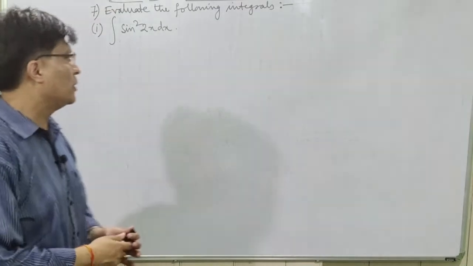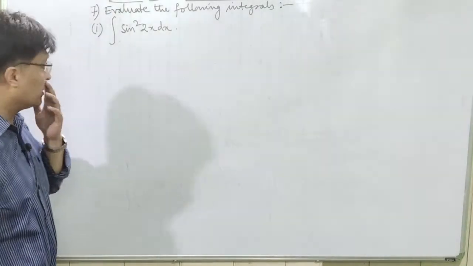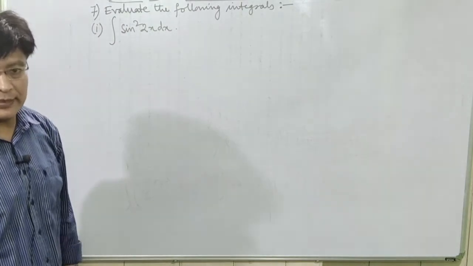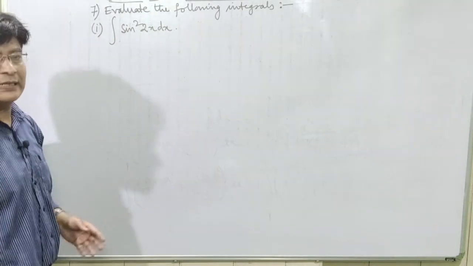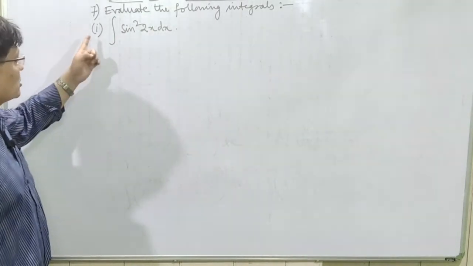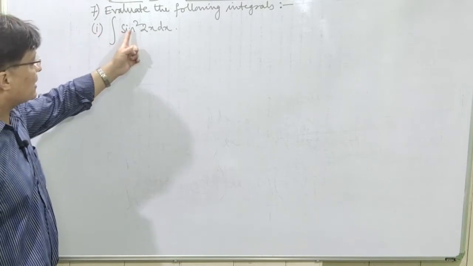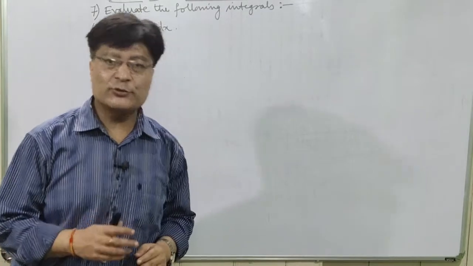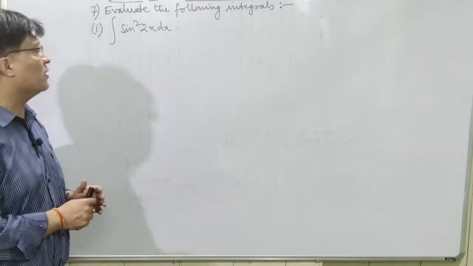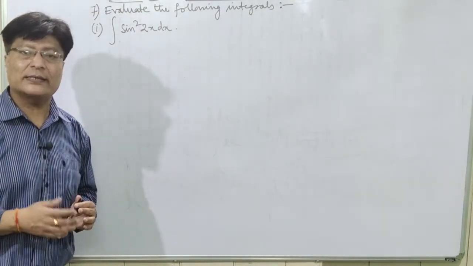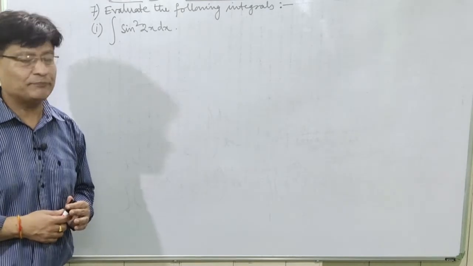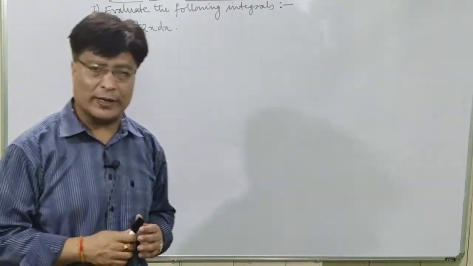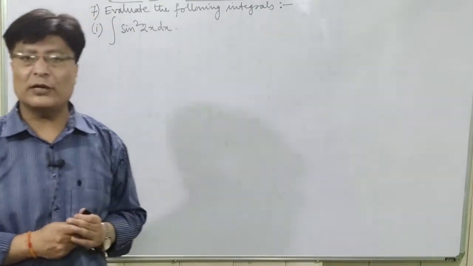So now we'll do the next question, that is question number 7. Evaluate the following integrals. That means you have to find out the value of this integration. So question number 1 is integration of sine square 2x dx. Now as you know, there is no formula for integration of sine square x dx. Okay. So in this case, if there is sine square or cos square, you have to use the formula of